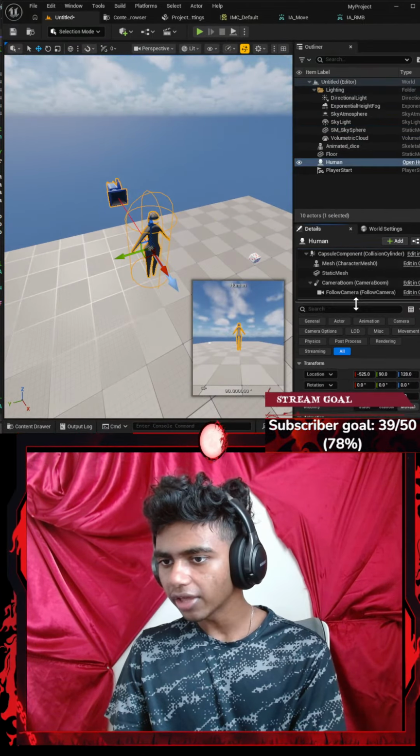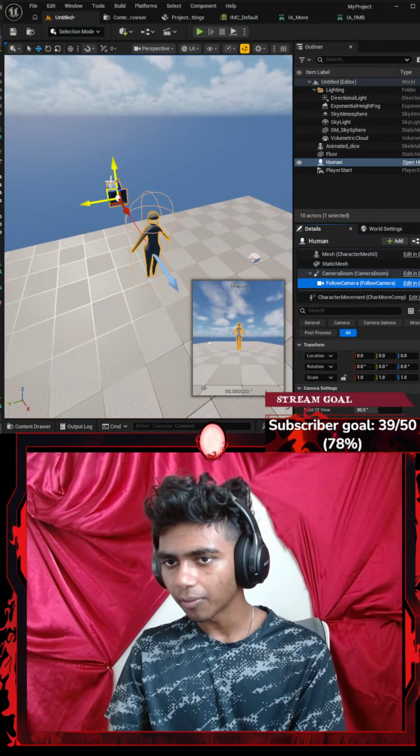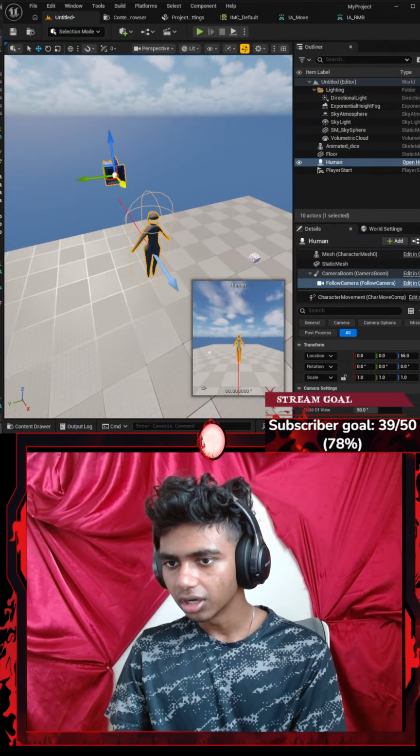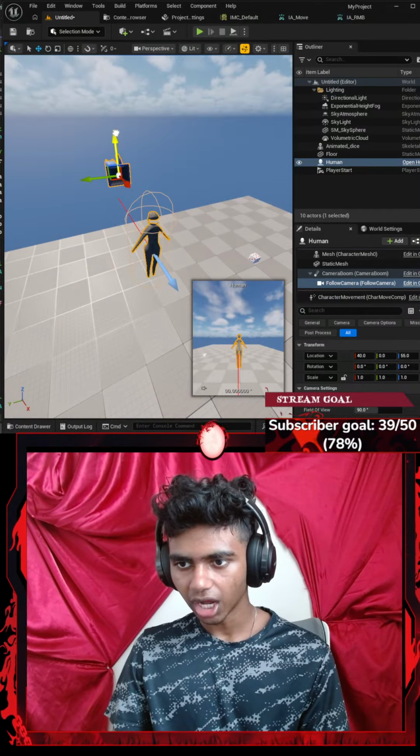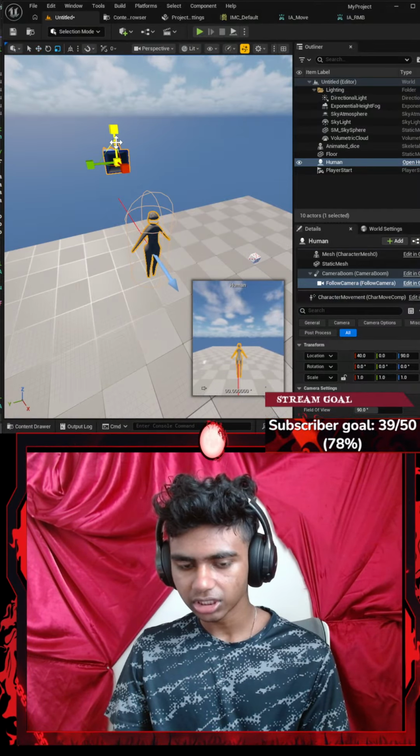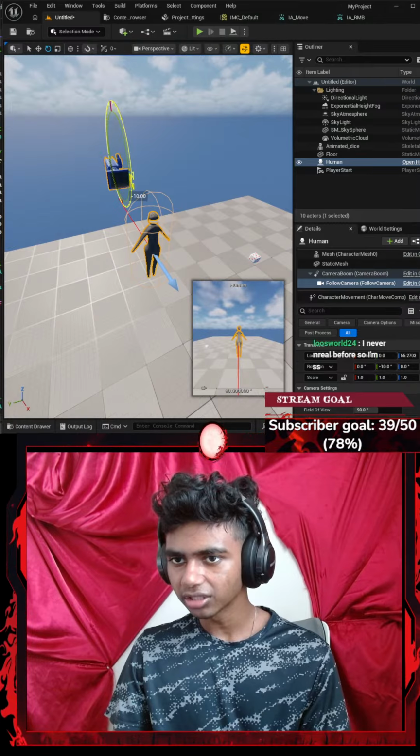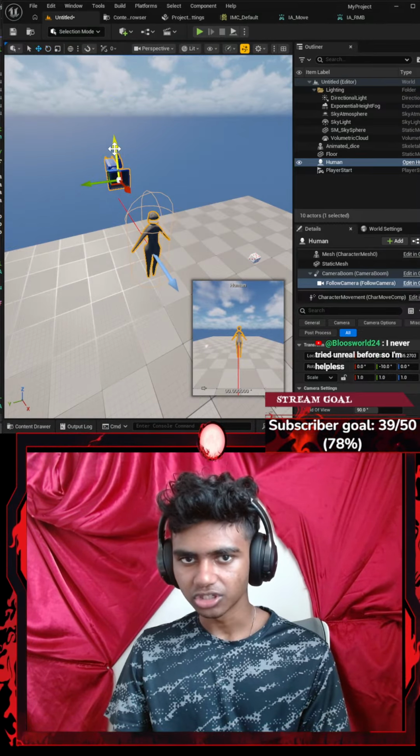I'm gonna go ahead and get this part down. Let's go to something like follow camera. Gonna get that higher, a bit in front, a bit more higher. Let's go with R to rotate. Actually, E to rotate. There, this is a pretty good third person. Let's go all the way higher.